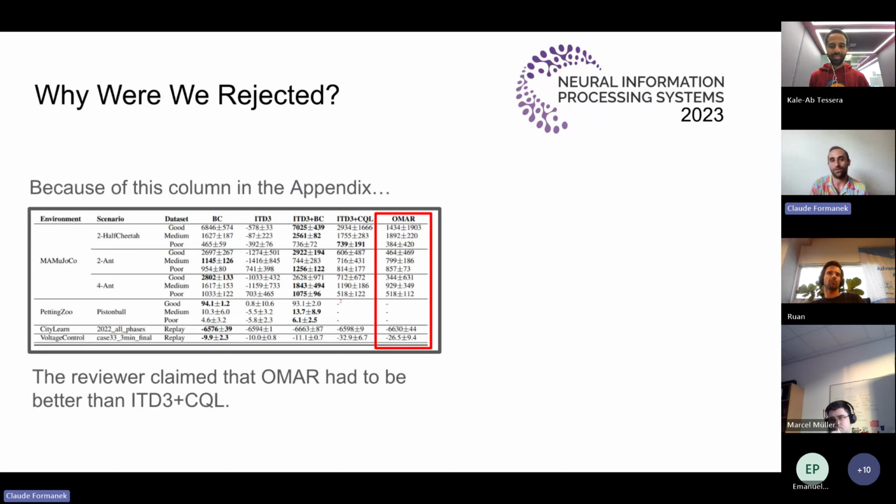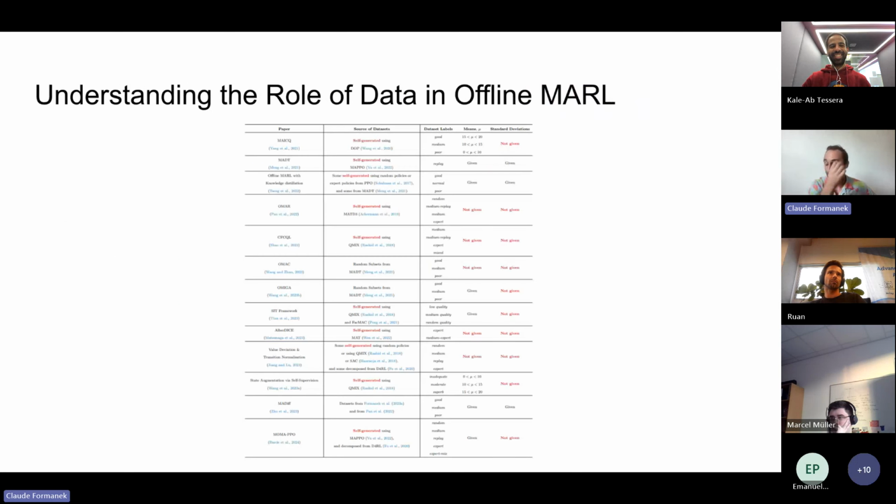They requested us to remove the column, and we declined, and then ultimately it just got rejected. And we resubmitted to ICLR, and the same reviewer literally found it, posted the same review again, and then it got rejected again. So that was super discouraging. But then we sort of forged ahead regardless,